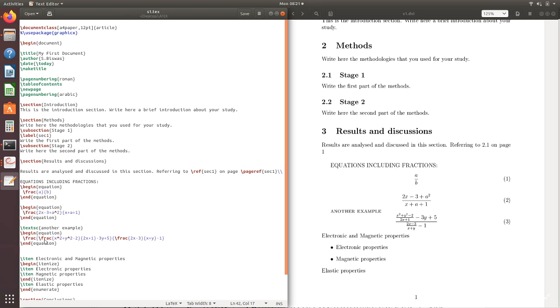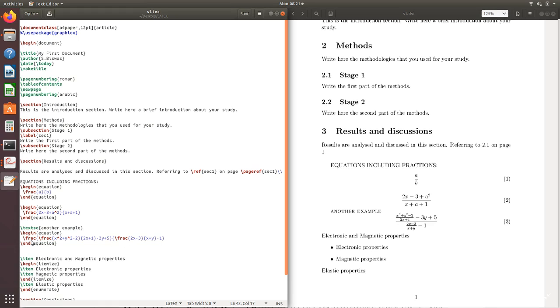So this is x square plus y square minus 2 is the numerator, and then 2x plus 1 is the denominator, and then minus 3y plus 5. So it will produce x square plus y square minus 2 by 2x plus 1 minus 3y plus 5. This is the numerator of this fraction, the first starting fraction, and then within this curly bracket, this is the